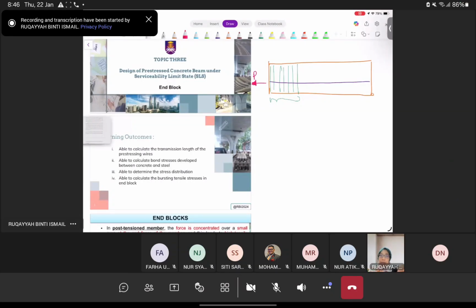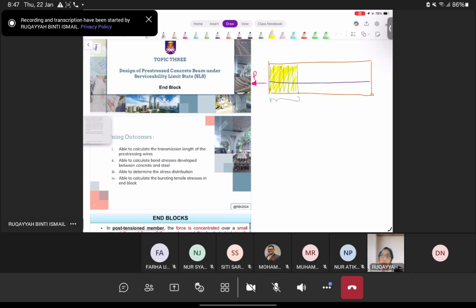Probably bigger than that. So that force must be sufficient in this particular area, strong enough to be able to hold the force that is applied when you pull the tendon. If reinforcement is not provided sufficiently at that particular area, there is a possibility that the area might break, degrade, or crack, might